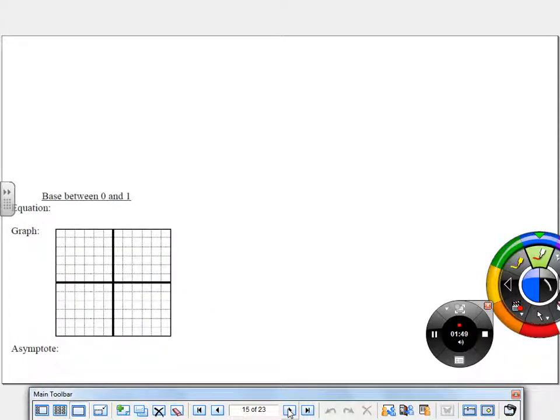When the base is between 0 and 1, so the same type of equation is set up, but this time our base is less than 1, but always positive, so more than 0. We still have our asymptote in the same place, just like how exponential growth and decay shared the same asymptote. And we still have this same reference point. The difference is now